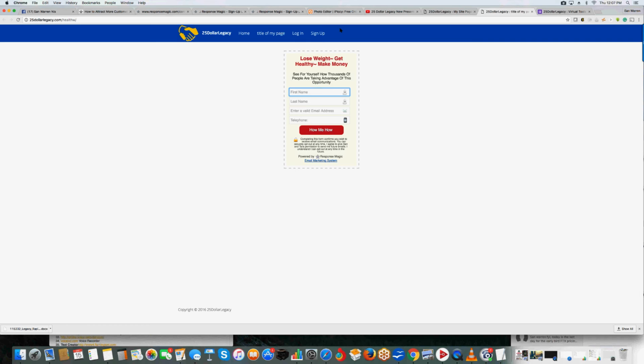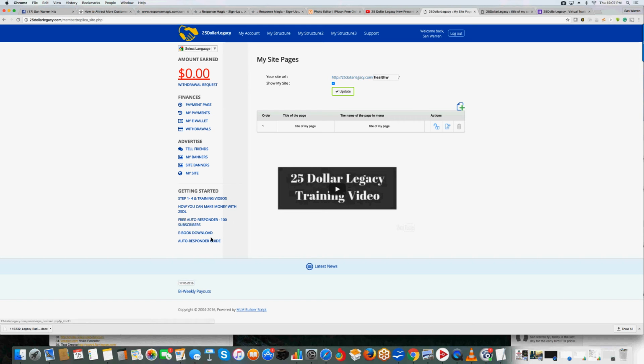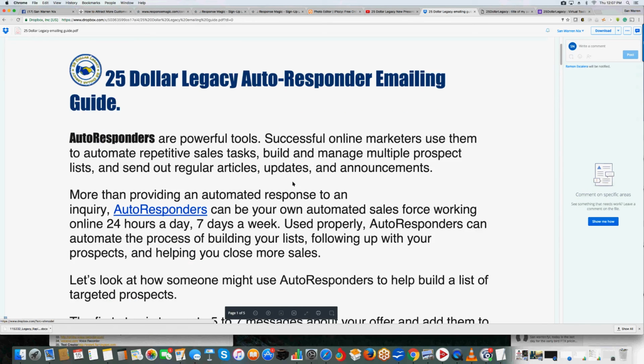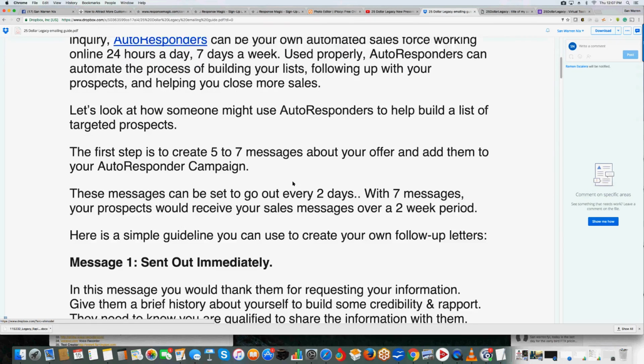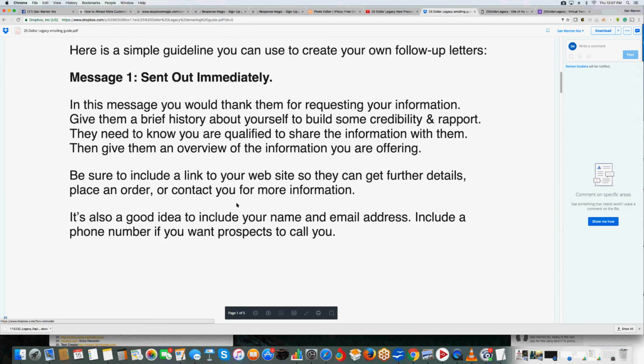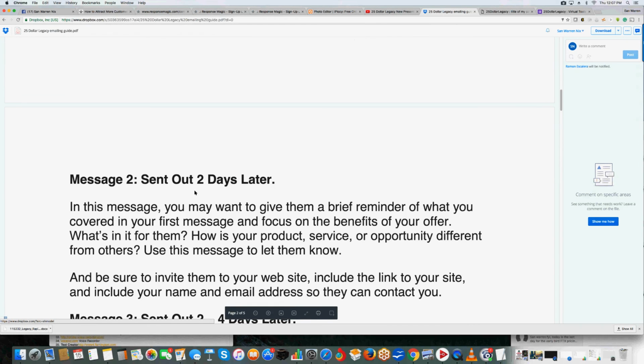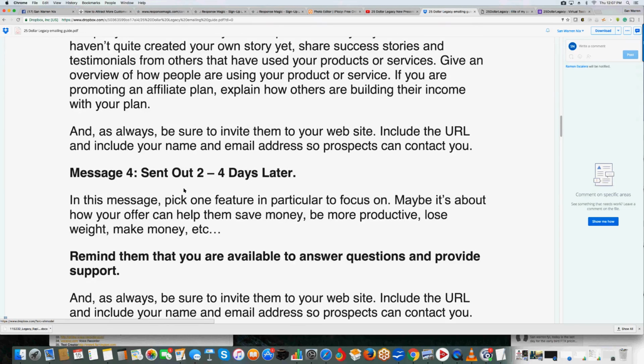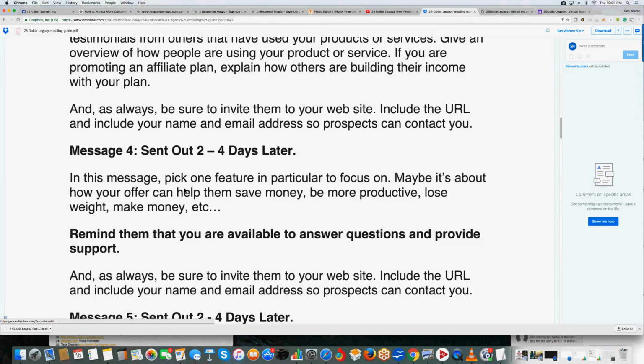Yep. And another thing about the free, before we go, I want to show you this. The autoresponder guide is right here. Correct. That one will go step by step. It'll open up a PDF. Go ahead and open it. And you open up a PDF and you click this here, and it tells you exactly how you should set up your autoresponder emails. It tells you message number 1. It gives you content on what you should have there. Sent 2 days later, message number 2. It gives you the block instructions. All you have to do is do it.